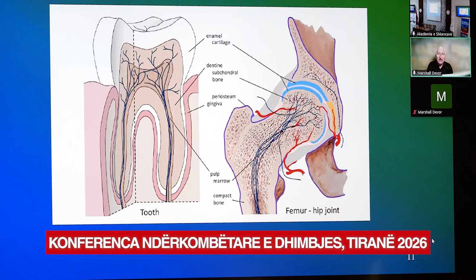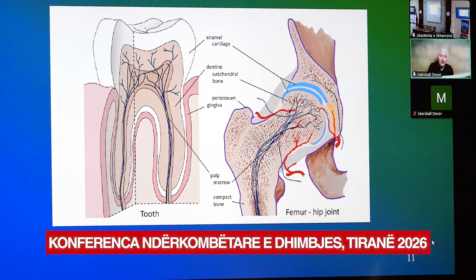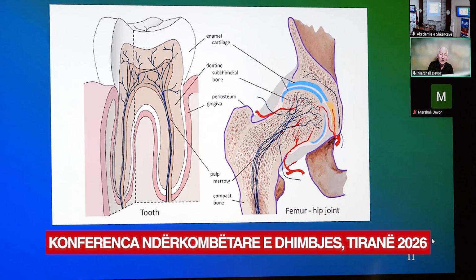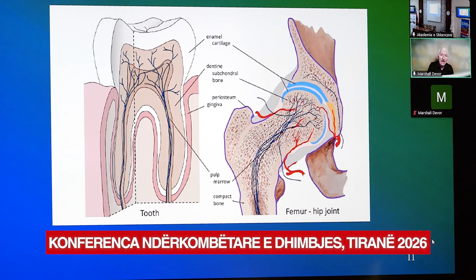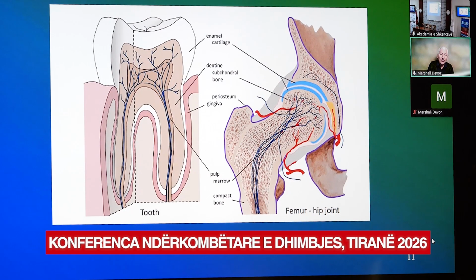I'd like to now take a leap that you may find unconvincing, but I think perhaps you should at least consider it. I'm comparing now a joint with a tooth. Now, the external layer of a tooth, the enamel, is hard and non-innervated. And that's really equivalent to the cartilage in a joint, which is also not innervated. No innervation in either the enamel or the cartilage. Underneath the enamel is the dentine of the tooth, which is equivalent to the subchondral bone in a joint. It is innervated. And below that is the tooth canal in bone, the bone marrow, which carries the sensory fibers